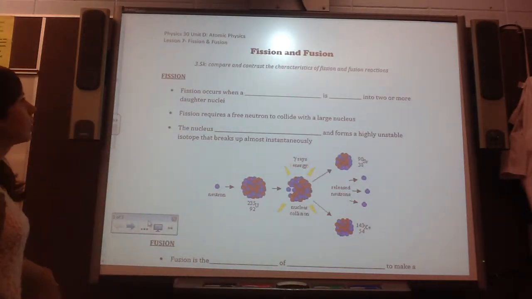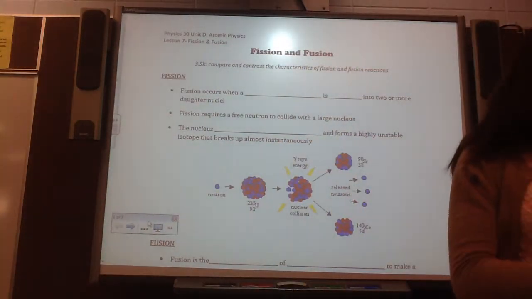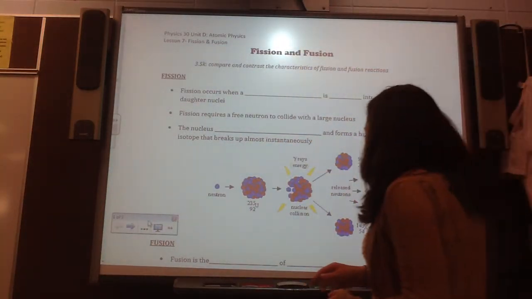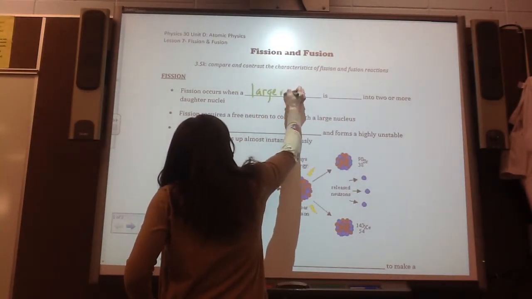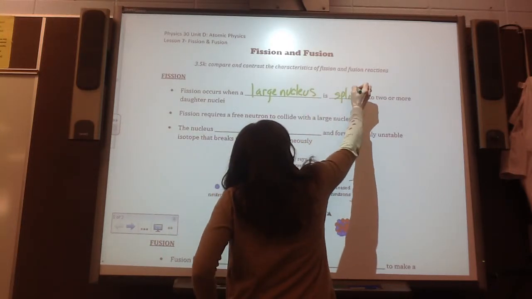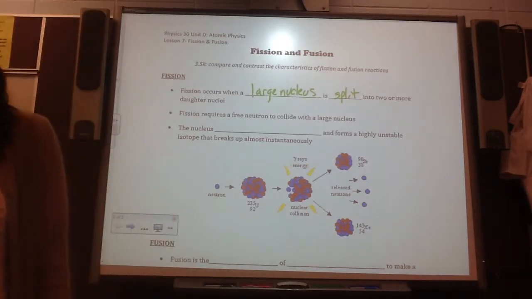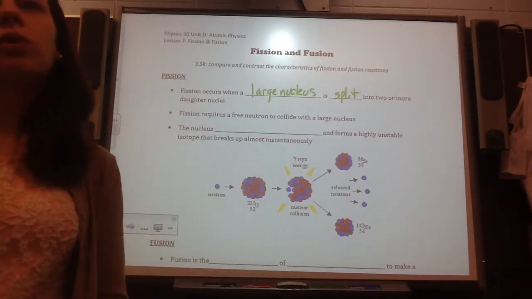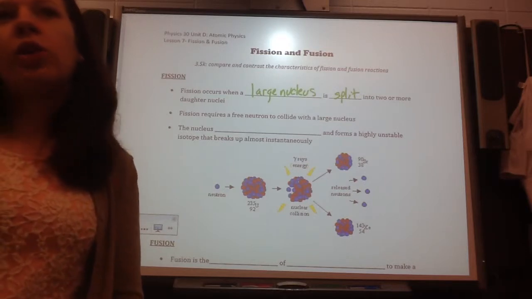The lesson is to compare and contrast the characteristics of fission and fusion reactions. So fission occurs when a large nucleus is split into two or more daughter nuclei. Now, with our Play-Doh simulation, we use, like, nitrogen. Well, nitrogen is really not a large nucleus, but